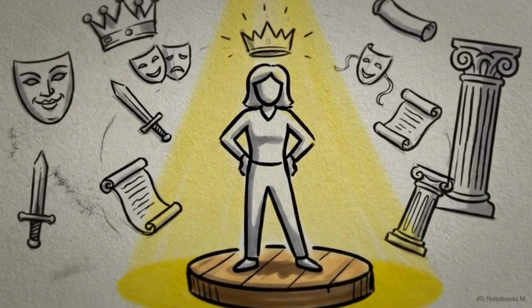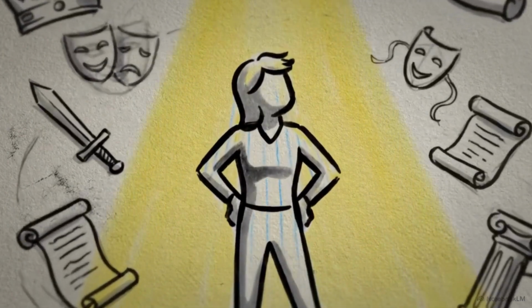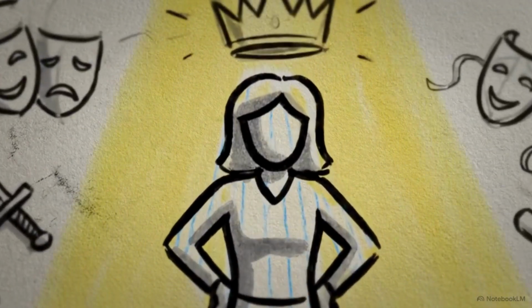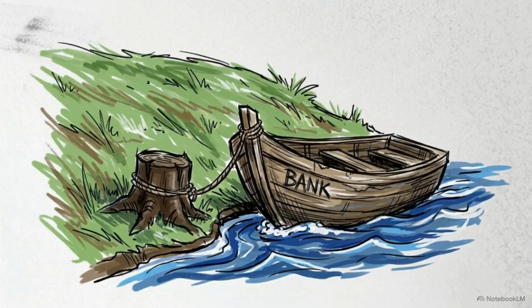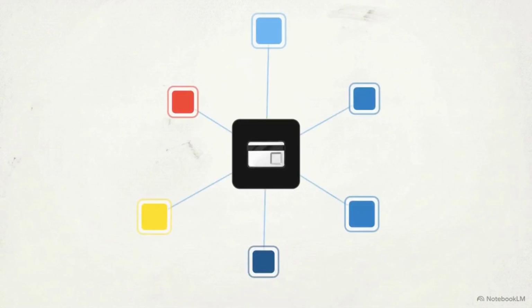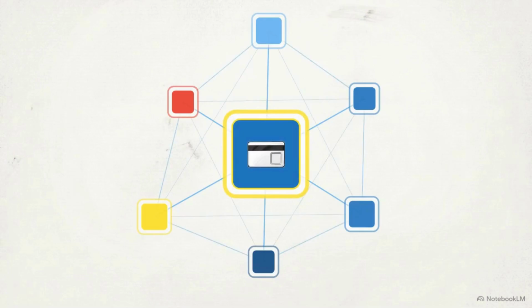Think of a word like an actor. The same actor plays different roles depending entirely on the other character words sharing the stage with him. When ELMo sees the word bank surrounded by words like loan and credit, it puts on a finance identity. But surrounded by river and muddy, it assumes a geography identity. This shifted the focus of AI. It stopped looking at words in isolation and started analyzing the ecosystem of the entire sentence.